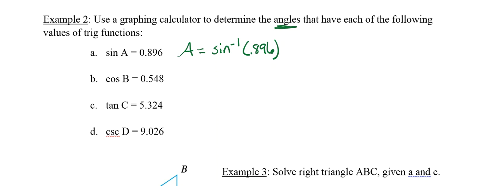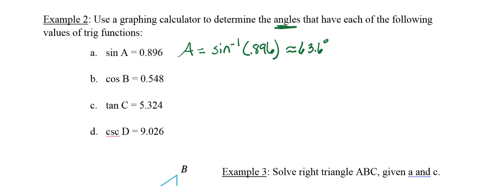Sometimes you have to hit the second button before you hit sine. Sometimes it's another way to get to it. So the inverse sine of 0.896, oh, I'm in radians, so I'm going to need to switch that, is approximately 63.6